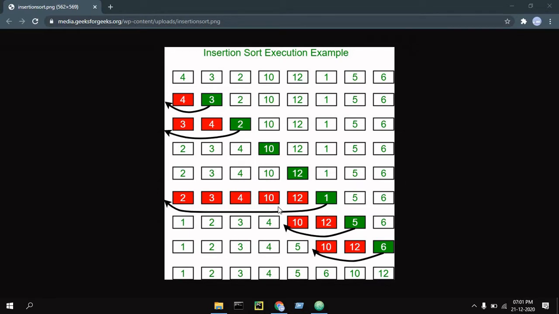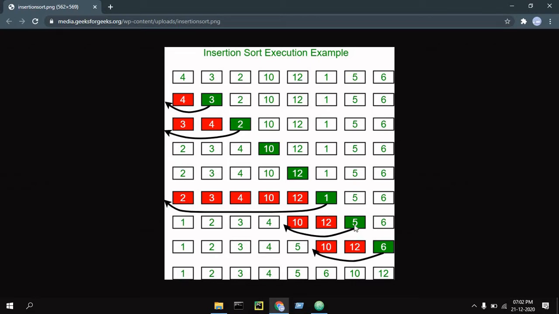In this you can see that if it is sorted, as here, when we go to the 10th one, we see that 10 is greater than 4, so we don't have to loop or go through the elements, so here we are safe. Now for 12 we also don't have to check, as 12 is greater than 10, but for 1 we have to go to the first and see that 2 is greater than 1. If yes, then 1 will be here.